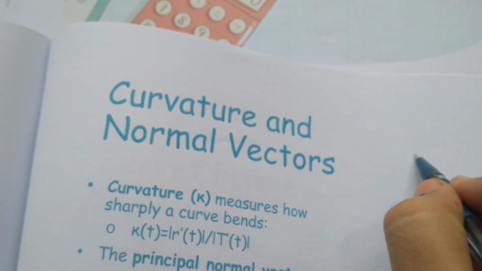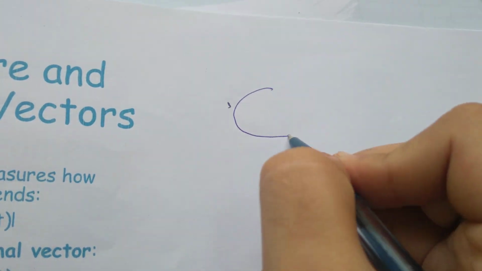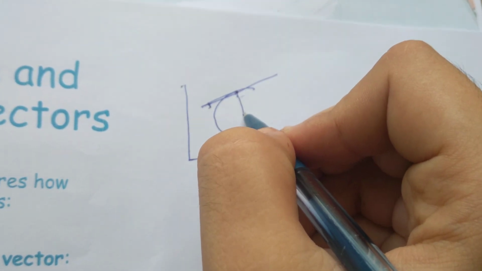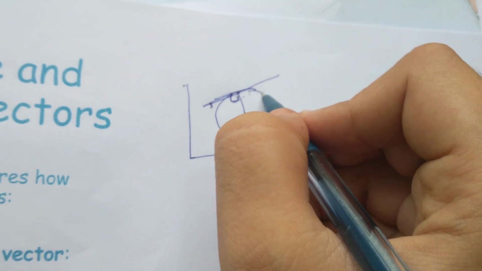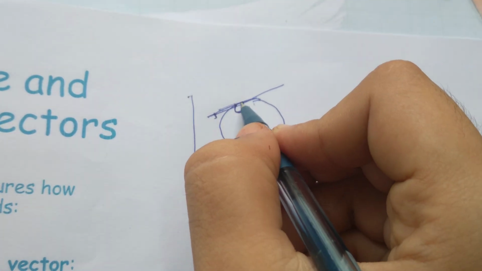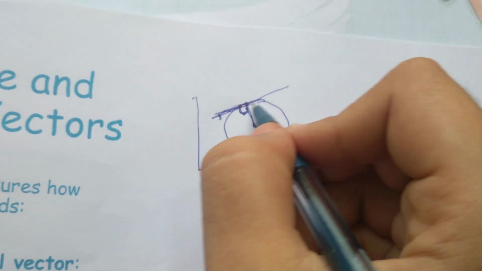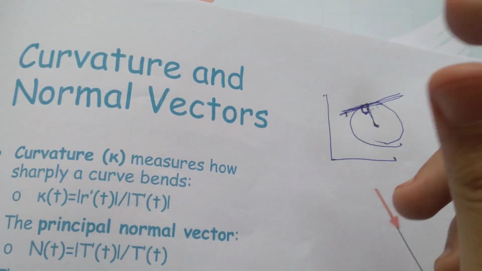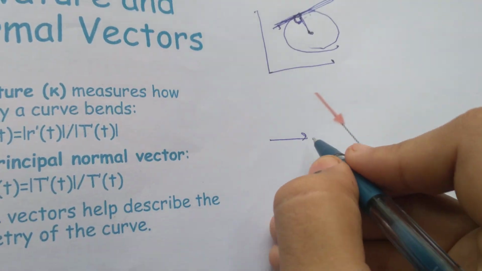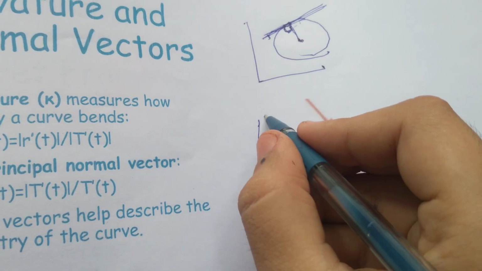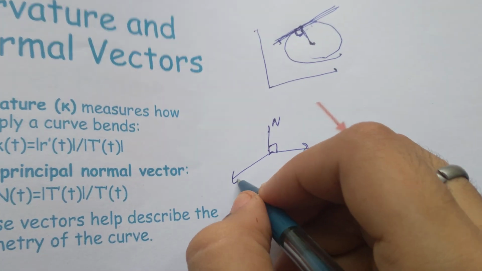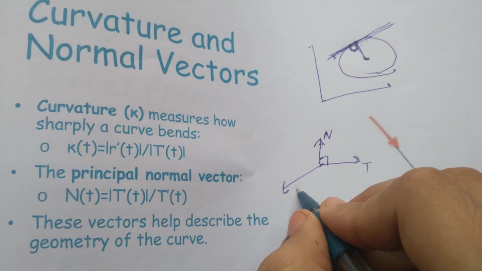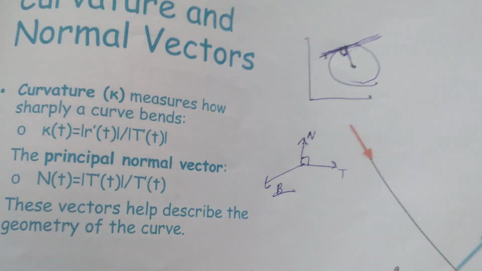Curvature and the normal vectors. If this is the curve, the perpendicular, this would give the tangent. If this is the circle, from the origin, this line is perpendicular and this line is called the tangent. Any line which is perpendicular to this as well is called the normal. Suppose this is the tangent, a line perpendicular to it would be the normal, and the line mutually perpendicular to both of these would give us the binormal vector.